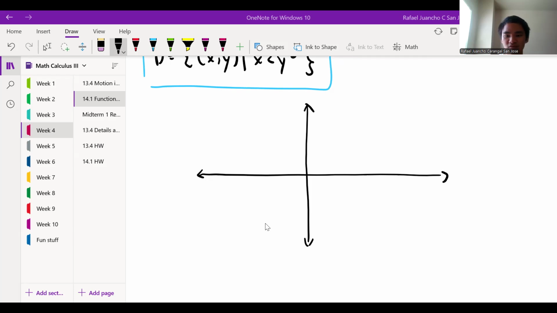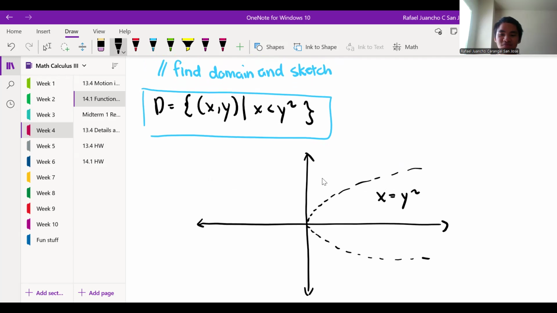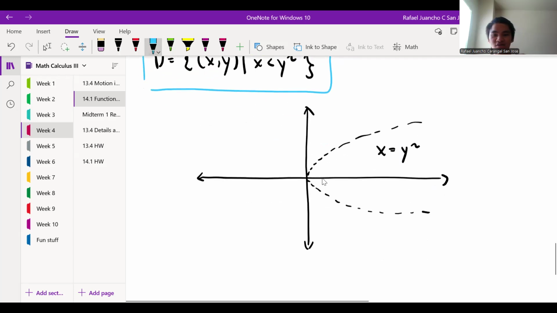So the domain is the set of points to the left of that parabola, right? Here we say this thing. This is actually when my x is equal to y squared, right? Like the one we saw here. Oh, now that's why the textbook wanted it this way. And so my domain now is all of these,